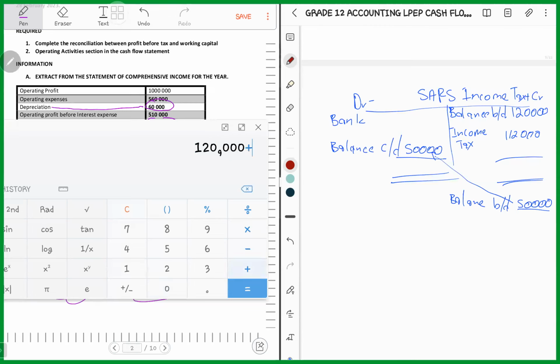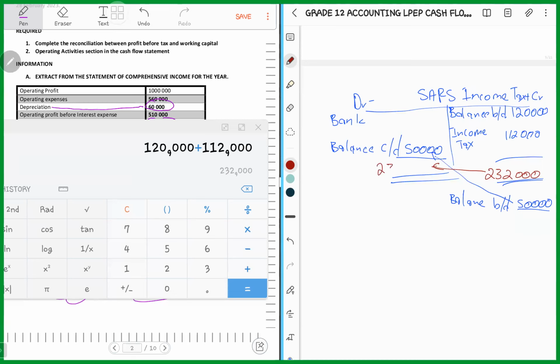Then we're going to add it with 112,000. So it gives us 232,000. Then we're going to take the 232,000 and transfer it to the debit side. Remember, the double entry principle applies at all times. Our debit side should be equal to our credit side, meaning that on the debit side, the total will be